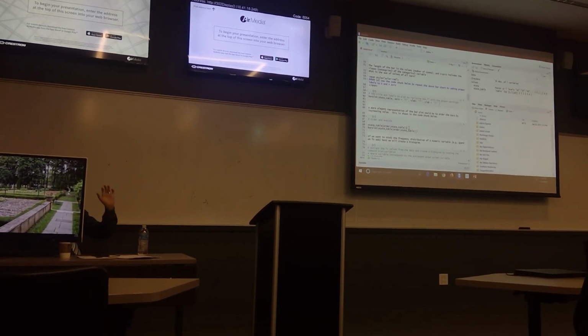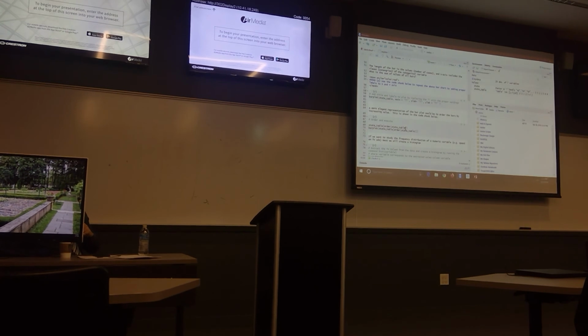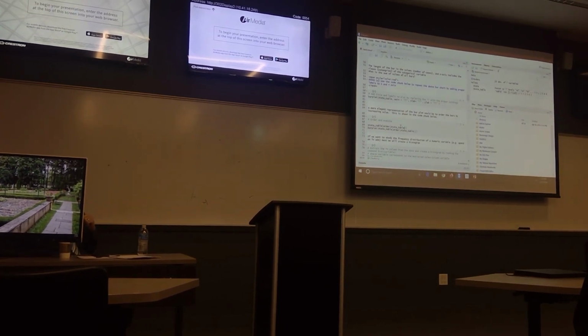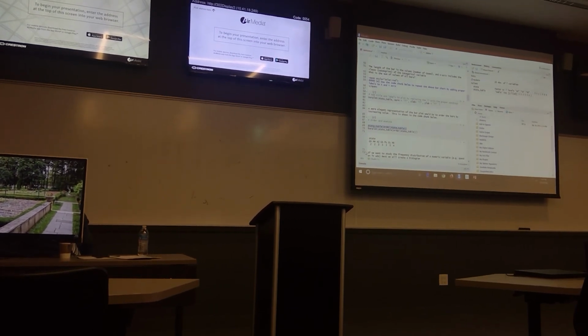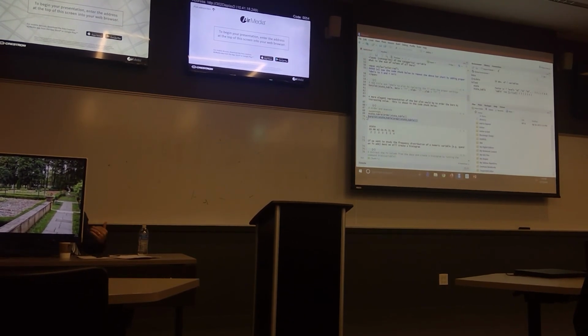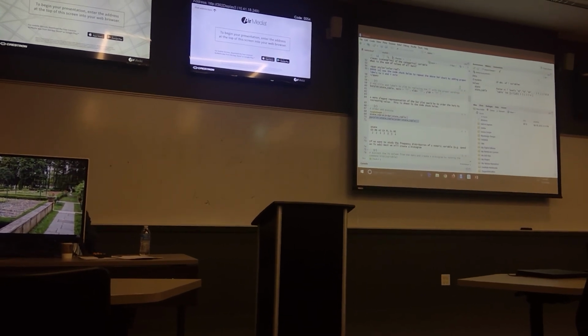So I want now that frequency table to be ordered from lowest to highest or from highest to lowest. I can create the frequency table again, call it again, and use the order function to sort the values inside the frequency table. So if I run this line of code, now I have the same table sorted from lowest to highest. Then I create the bar plot, or the bar chart, on the sorted data.